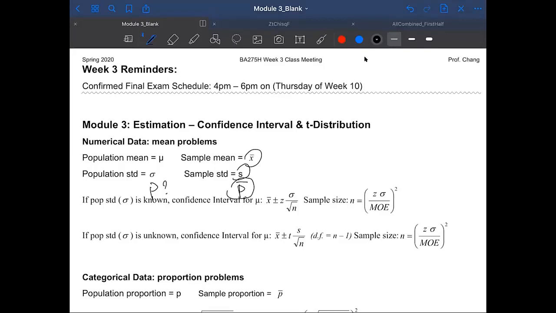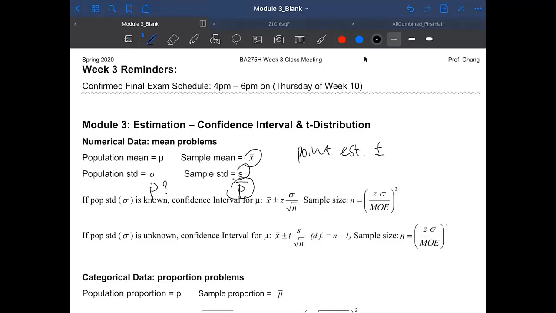And a lot of times we probably want to have a range of numbers. We want to quantify how certain or how uncertain we are with the point estimation. Okay, so you would have to plus minus something else to your point estimation. So let's take a look at what that means. If you have a point estimate, I'm just going to write down here point estimate, you want to plus minus something to give you another estimate.